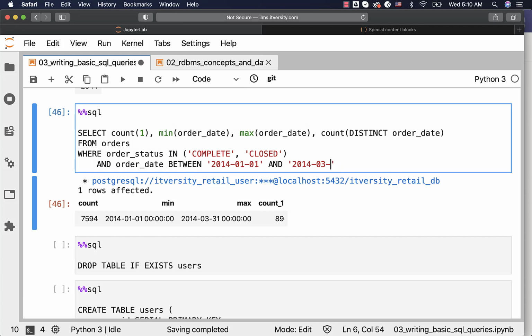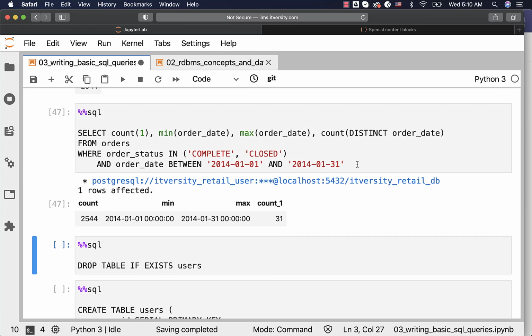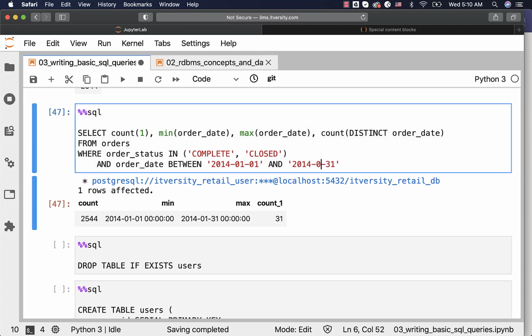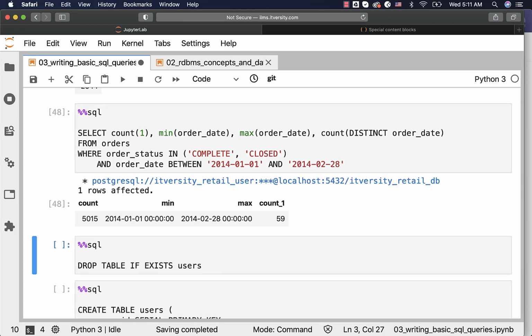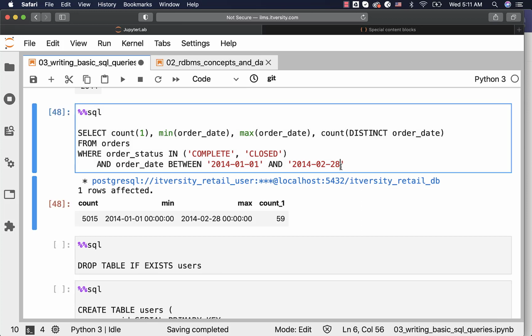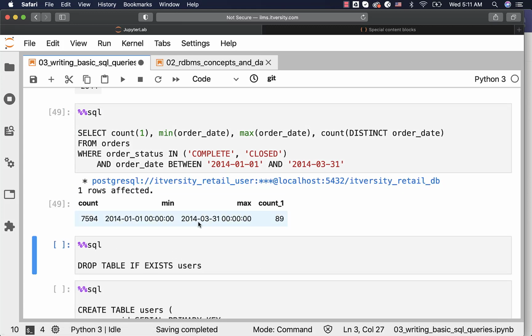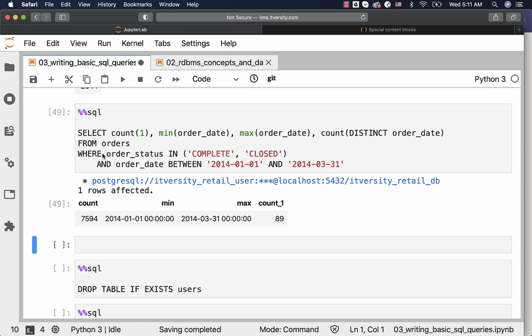For that, you can validate like this. Between 2014 January 1st and 2014 January 31st, we have 31, which is correct. Now I am saying 2014 January 1st and 2014 February 28th, we got 59. This is also correct, and hence in March we miss 1 day's data. However, as we are getting 2014 March 31st as max of order date, there might be 1 day's data missing in March. To validate this further, what you can do is say